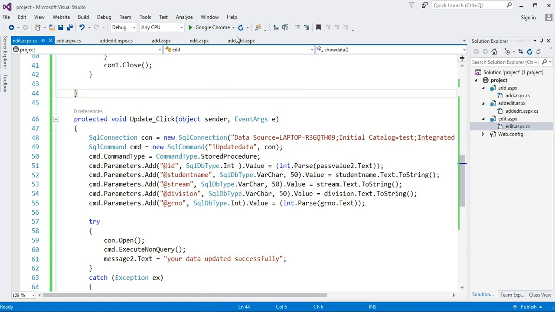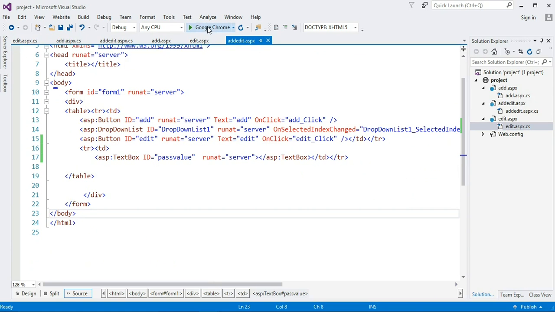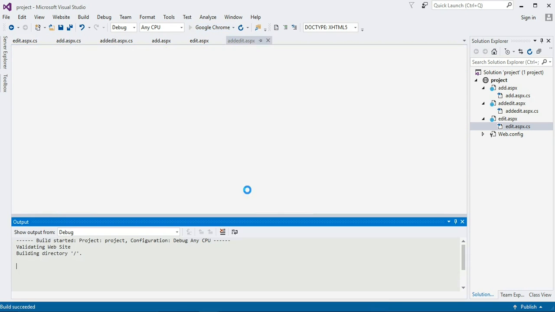Go to the add edit page and debug it again. Okay, I am getting data of Sharik. Click on edit. It retrieves all data from the test table: all column names, column data, student name, stream, division, GR number.